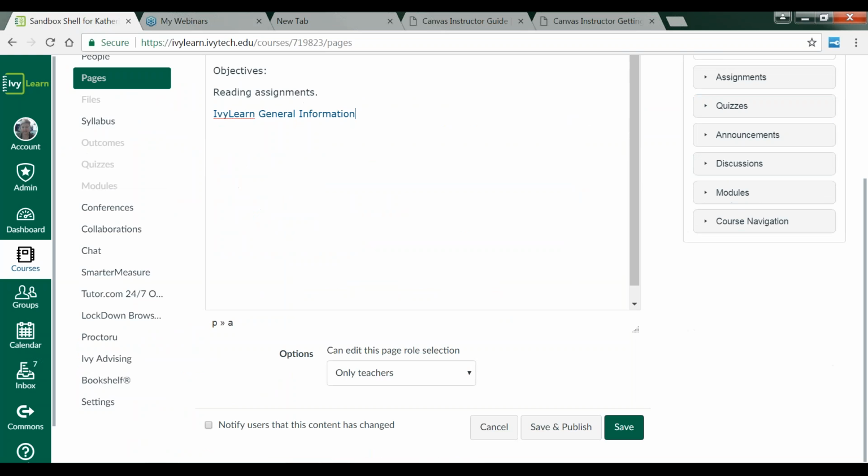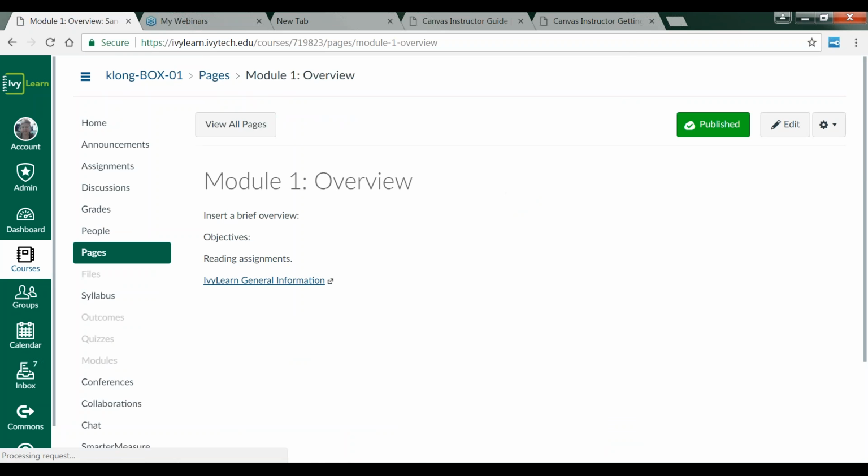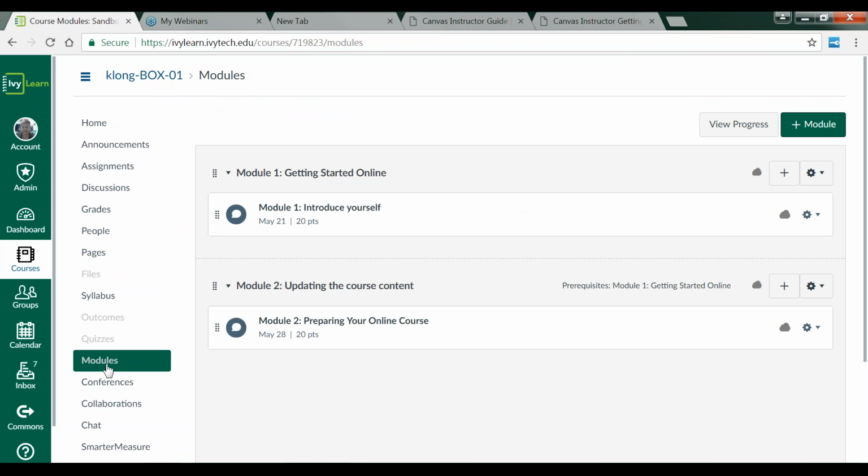Once I've created my page of content, I either save and publish or save, and I'm going to go ahead and save and publish. Now, most likely, the pages can get very lengthy, so I'm not going to publish this pages area to my student. Students are only going to see this content within the context of the module. So if I go back into my module, which I'm building from scratch, I now want to make sure that I've